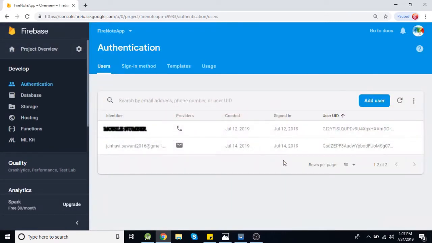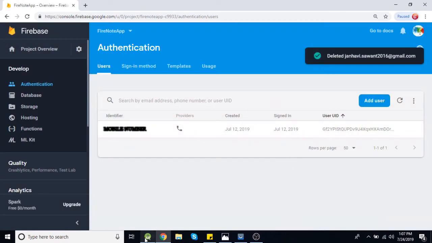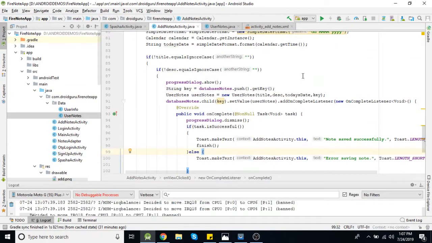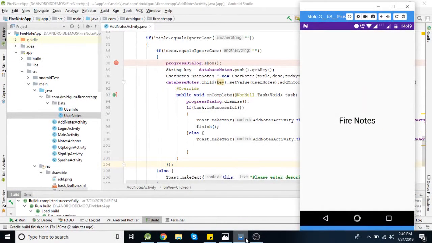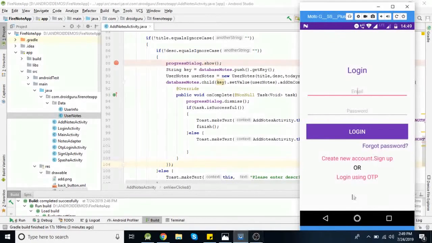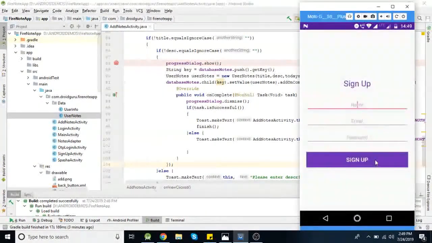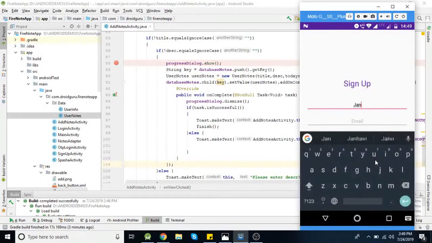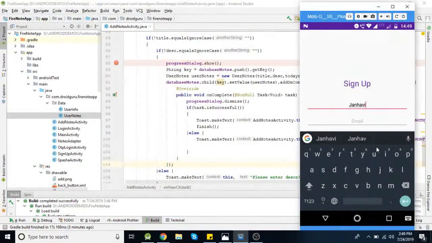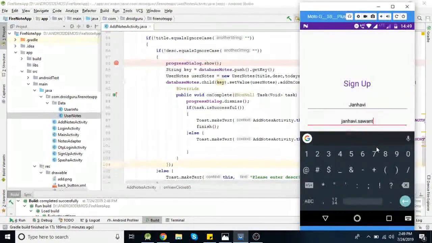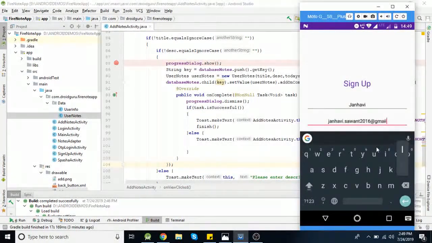Now let's check our application. Here we need to register that user again, because we already deleted our registered account. Then email ID and password.